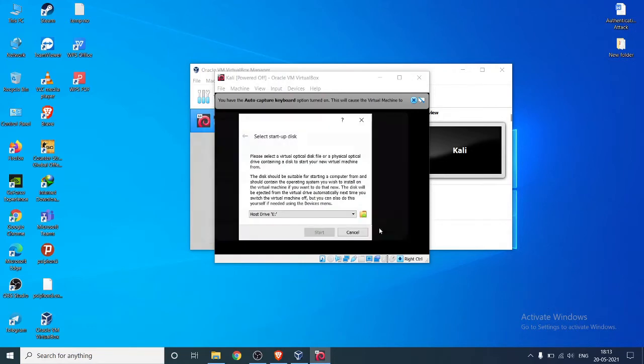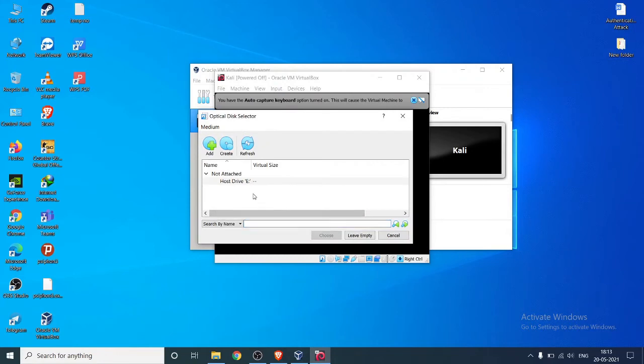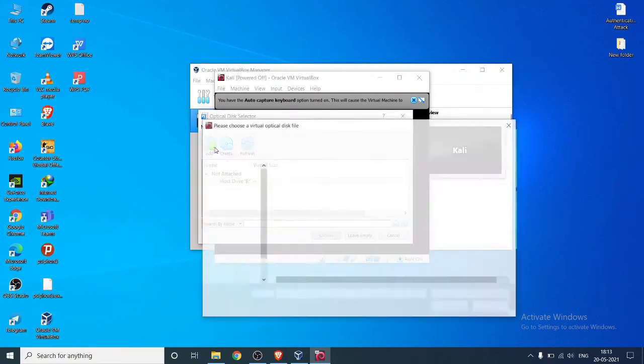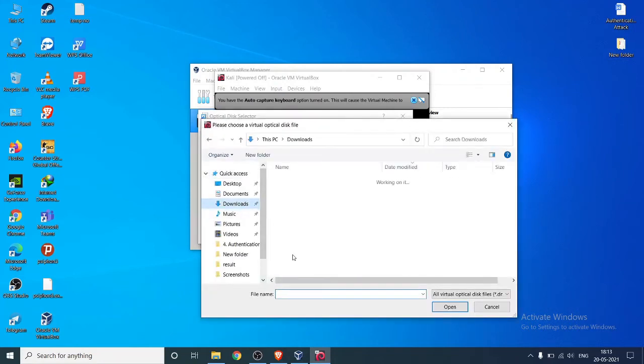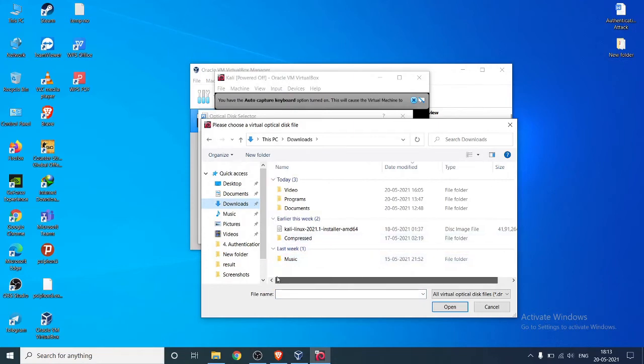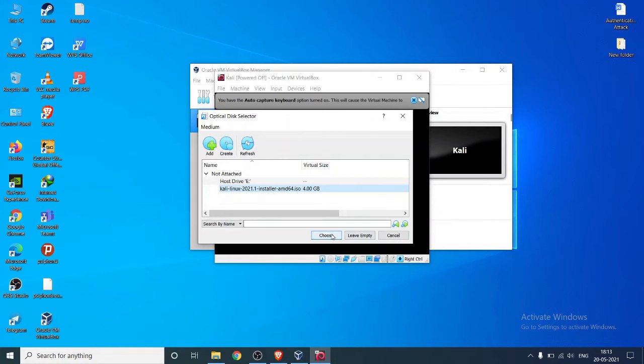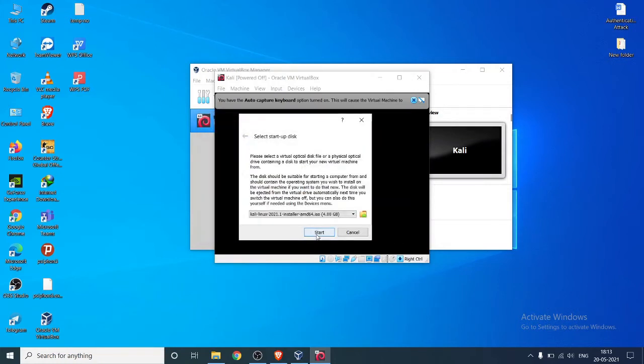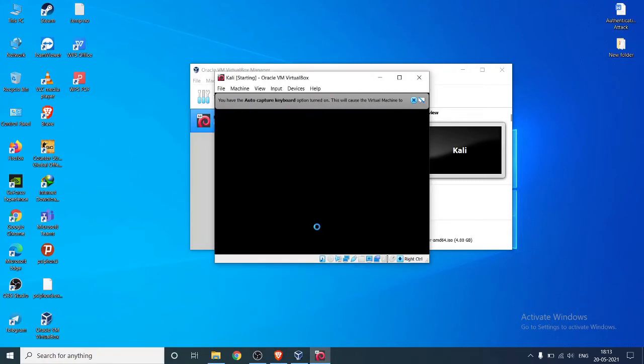Click on this icon and add the Kali Linux image file. Here you can see the image file of Kali Linux, just open it, click on choose, and start.